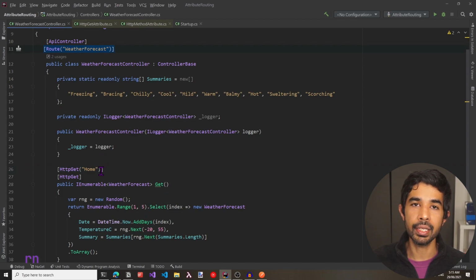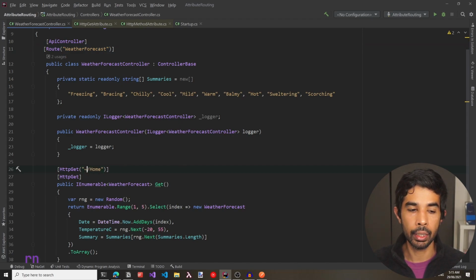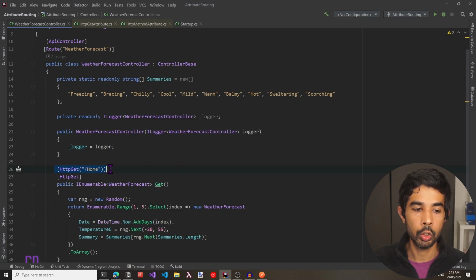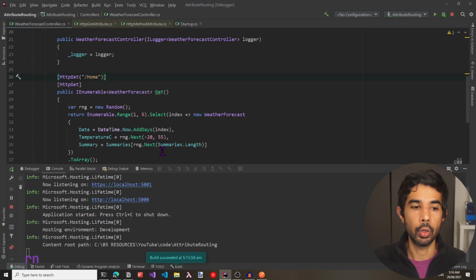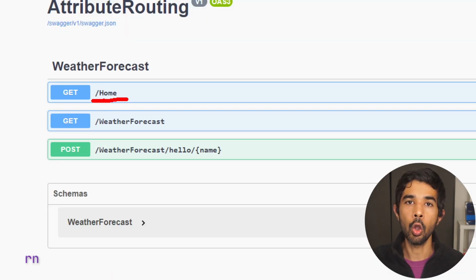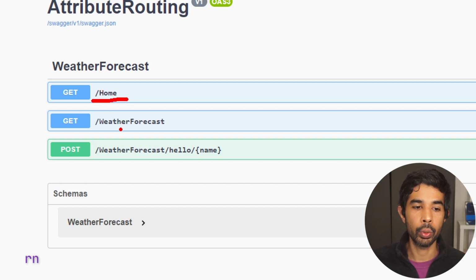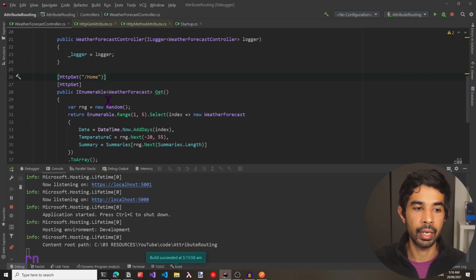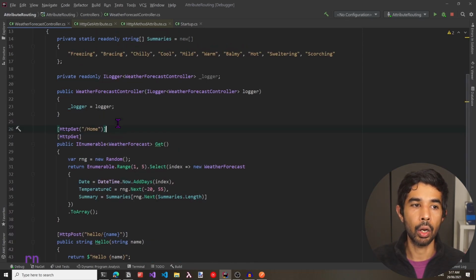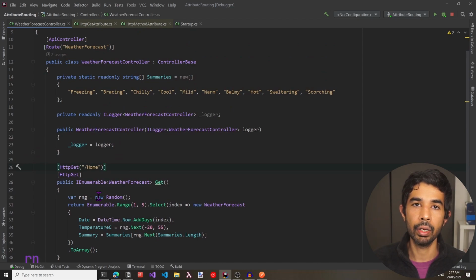Now, if we want to leave this endpoint just as /home as before, we can add a leading slash to this name or also specify a tilde operator and give the / and home. Either of these two formats makes this particular route to break off from this parent routing. So if we run this again, we can see that the home route is no longer getting appended with the weather forecast. This is because we gave the leading slash in here. By combining the routes from the class level and at the action level, we are making this less repetitive. Now, if we want to change the endpoint names, we can do at one place, and this is all going to reflect for all the routes in below.